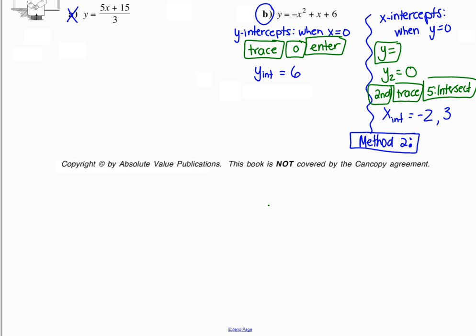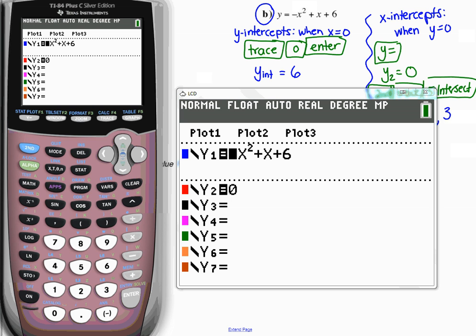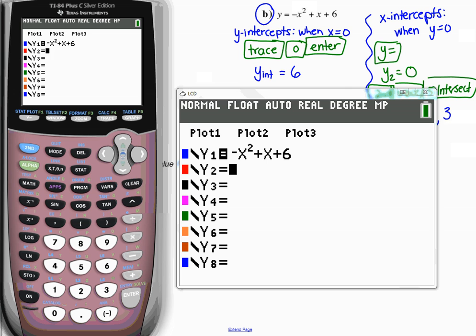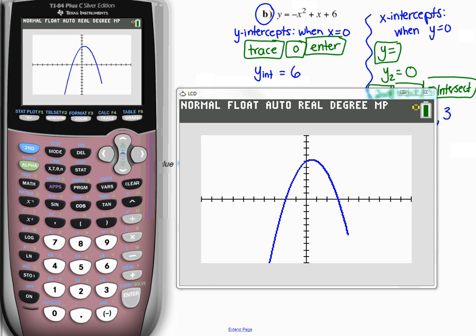can you first go back to your graphing calculators and get rid of y2? So go to y equals and clear y2. So there's nothing there. So clear your y2 and just pull up your graph. So it should look just like this. Right. Okay, so method 2